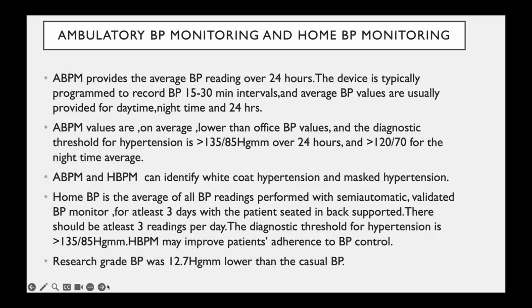So how can we advise the patients for home BP? We need to ask for at least 3 days, with 3 values per day, and we get the average of all those values. If it's more than 135 over 85, it's confirmed as hypertension. So that is the home BP average, 135 over 85. ABPM also has the same average, more than 135 over 85. We should ask patients, when they monitor the blood pressure at home, to do at least 3 readings